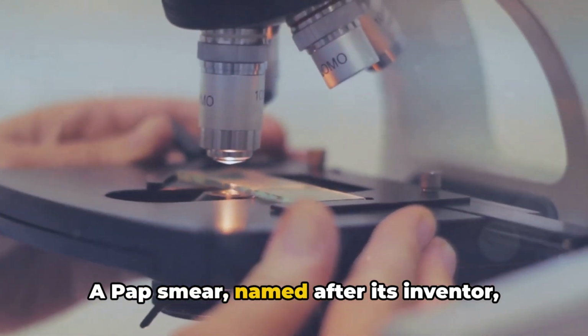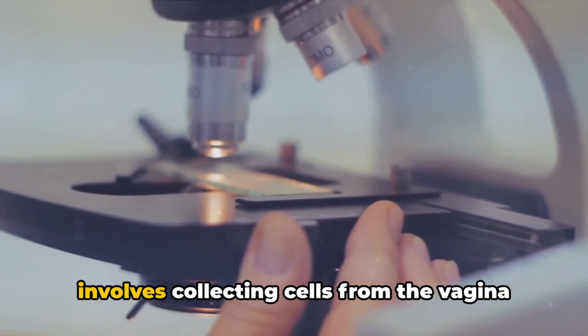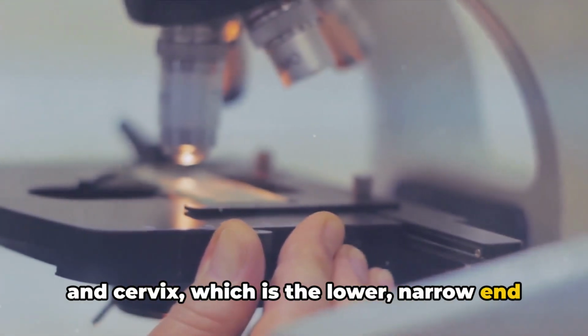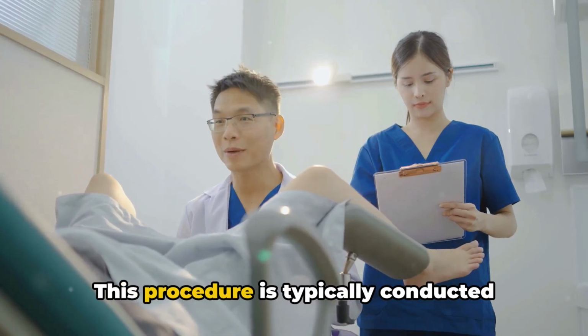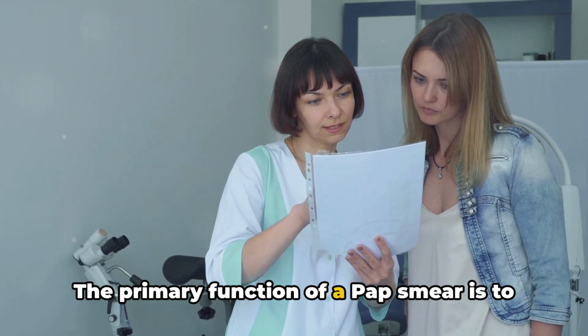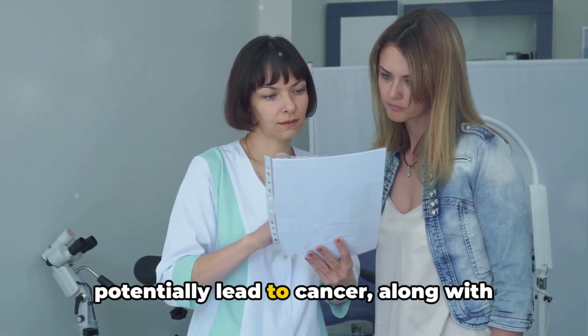A Pap smear, named after its inventor, George Papanicolaou, is a procedure that involves collecting cells from the vagina and cervix, which is the lower, narrow end of the uterus. This procedure is typically conducted alongside a pelvic exam. The primary function of a Pap smear is to detect abnormal cell changes that could potentially lead to cancer, along